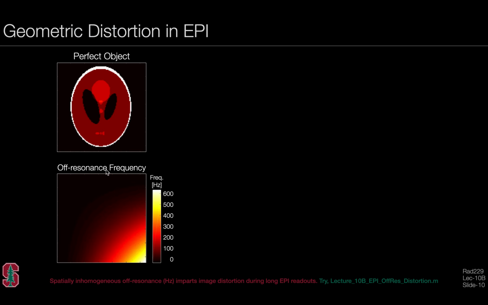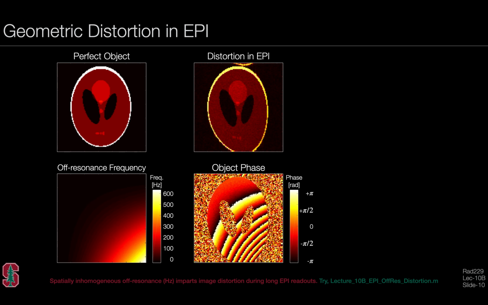So this is a frequency that's happening in the background while we're trying to image this underlying object. And the consequence is that those frequency shifts will lead to phase accumulation during our EPI readout trajectory, and we'll get these relatively large distortions. And here we can see the underlying phase map